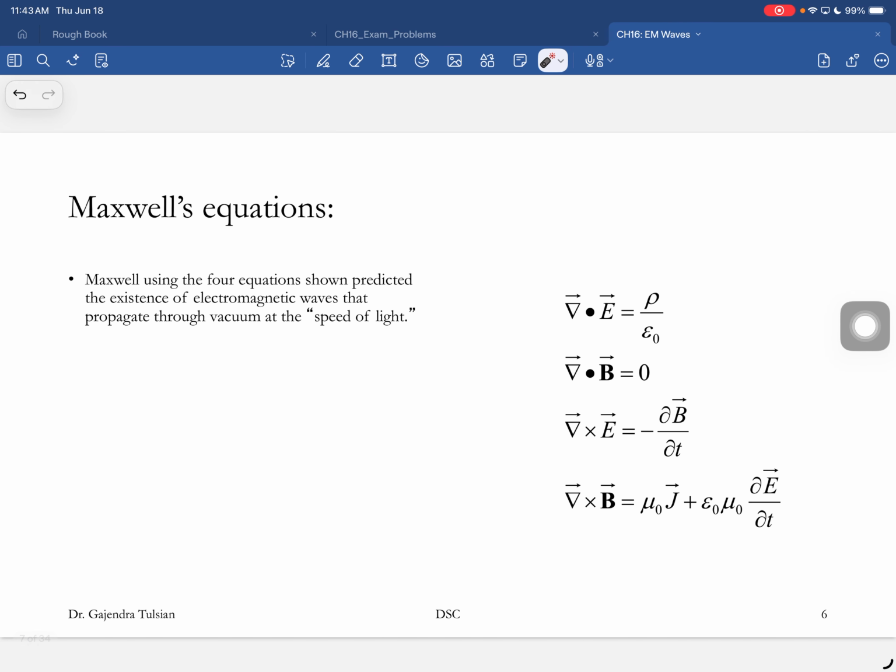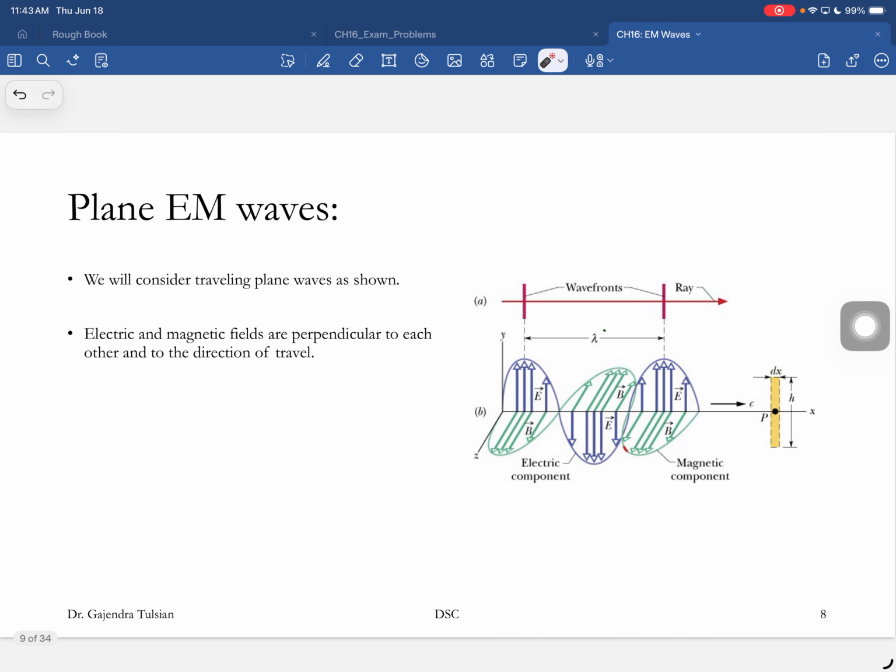Now we'll talk about electromagnetic waves. Here's a simple example of an electromagnetic wave. Here's a wave, and here's this laser beam. And in this laser beam, you can measure